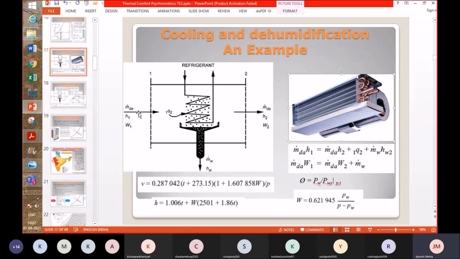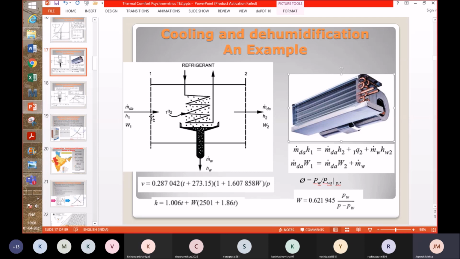So you have the inlet conditions of air. The mass flow rate of dry air is shown here, which remains constant throughout the system, right? So when it passes through the air conditioning unit, the mass flow rate of dry air is not changing. Then let's say the enthalpy of the air is H1, the humidity ratio is W1, and you can write all other parameters. So if two parameters, H1 and W1, are available, the state is defined, or it may be the dry bulb temperature and the relative humidity. So if any two parameters are available, you are able to define and get all other properties, sometimes by an iterative procedure.